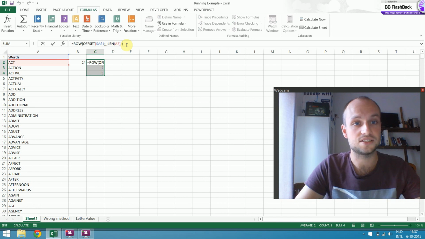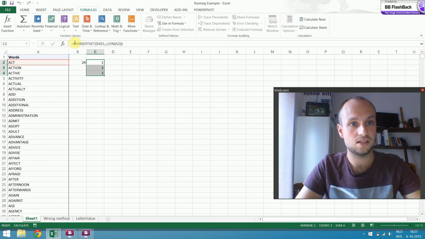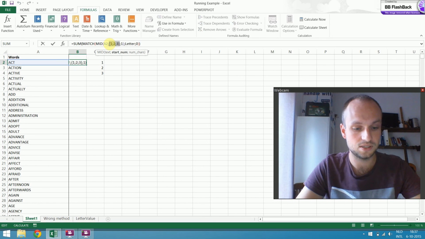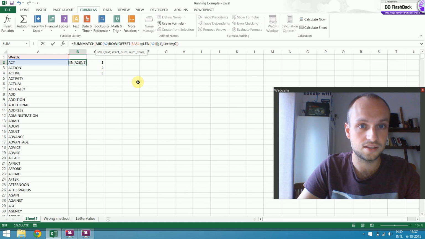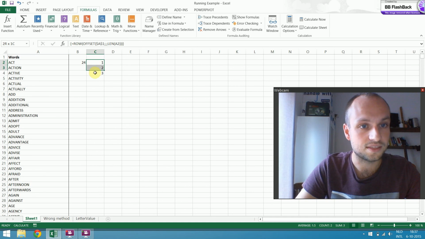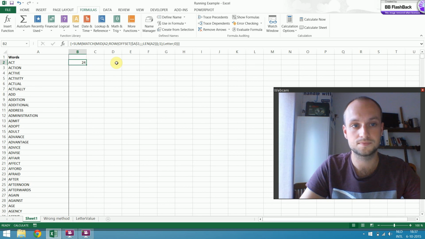And now we can just implement this into what we've done before. Instead of our 1, 2, 3 here, we put this thing in, and then we get the correct result, 24.